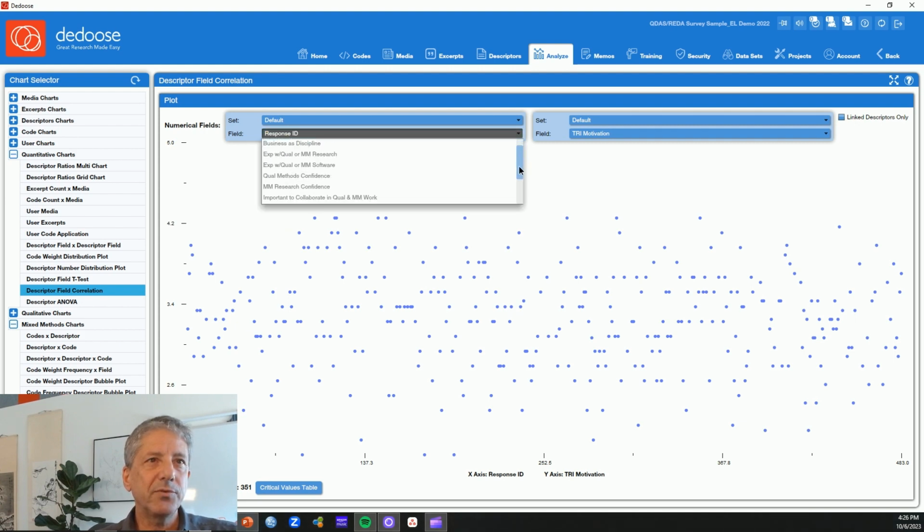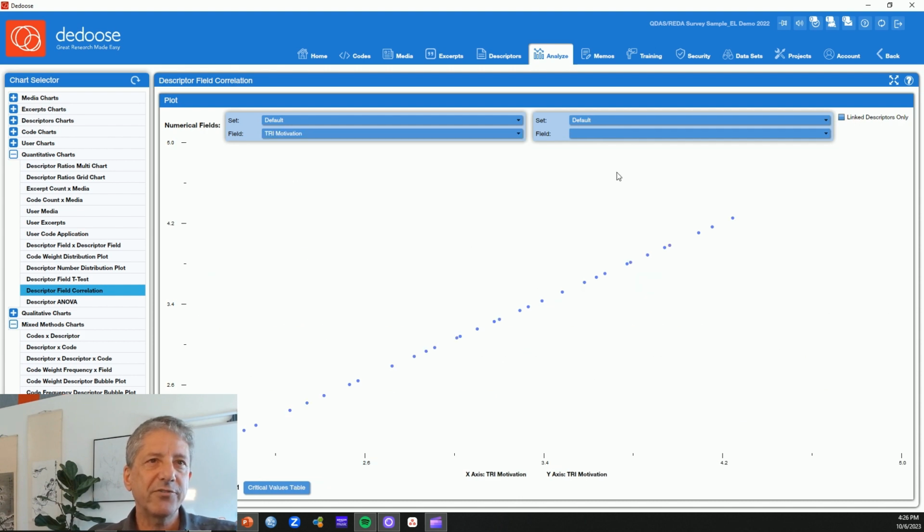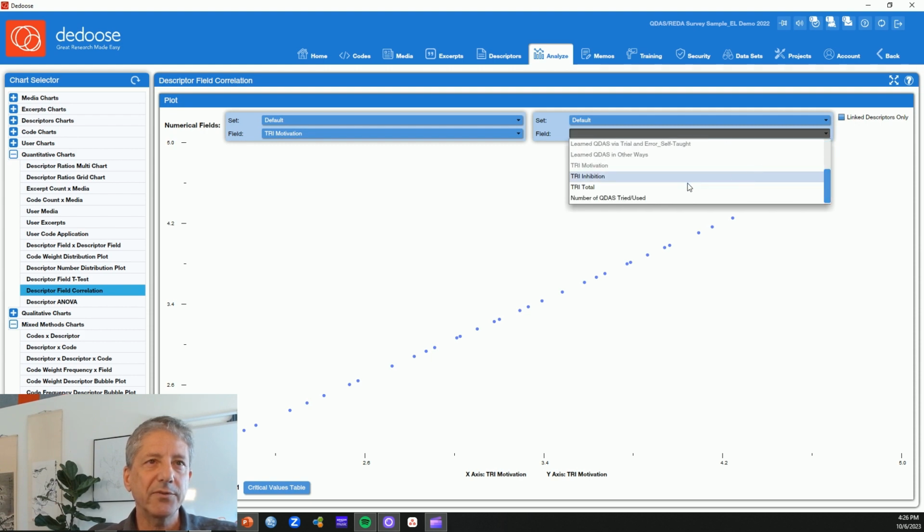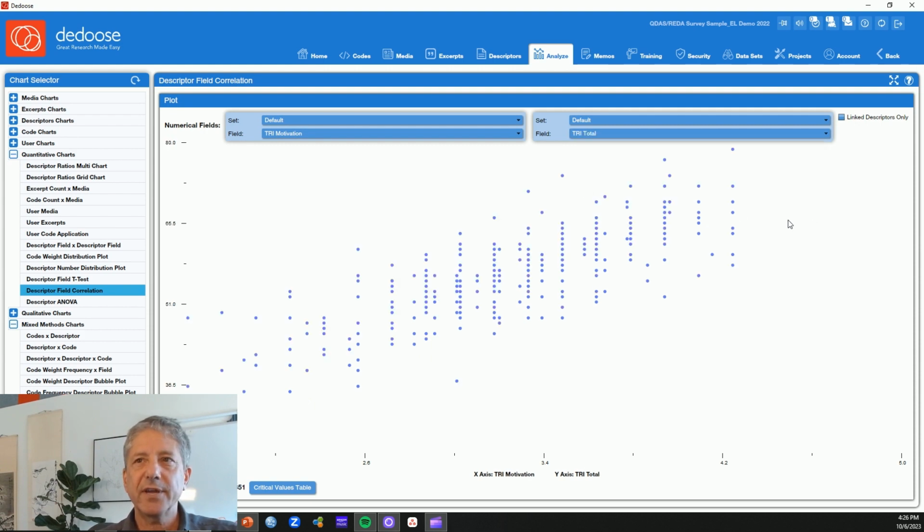I'm going to pull up two continuous variables here, two descriptor fields. One, I'm going to do our technology motivation subscale, and we'll compare that, or see about the association between that and the technology readiness total score. No surprise that